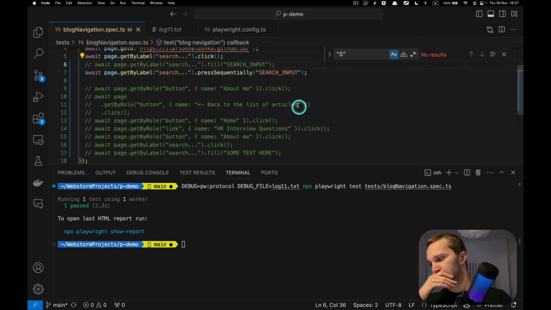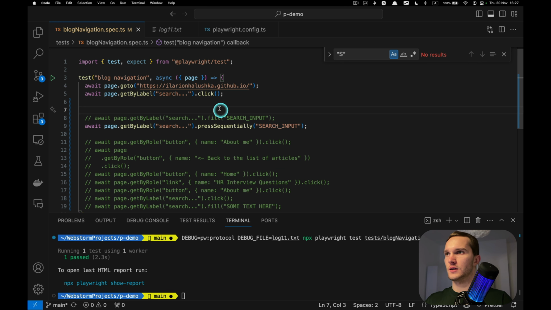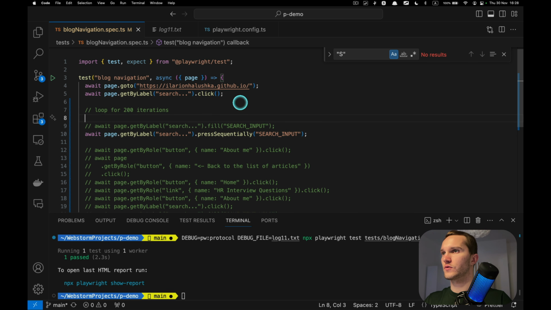Actually, let's measure how much time each of these methods takes. Let's say a loop for 200 iterations.